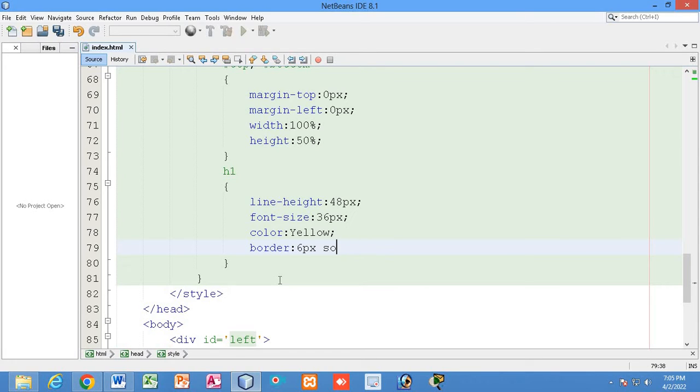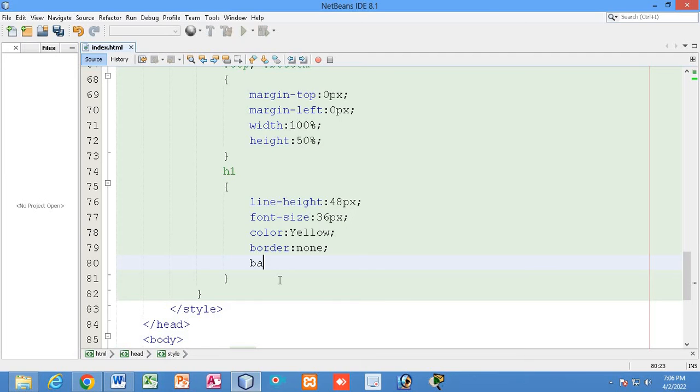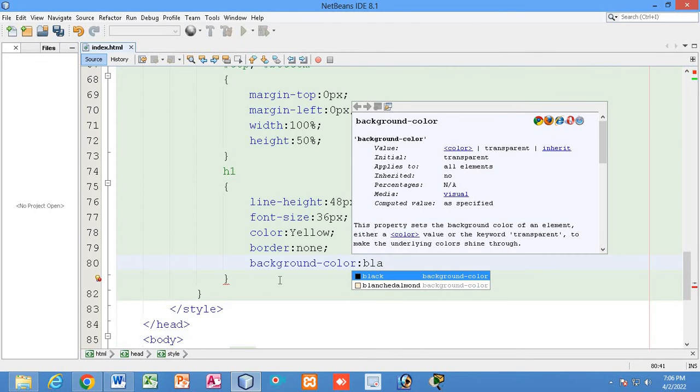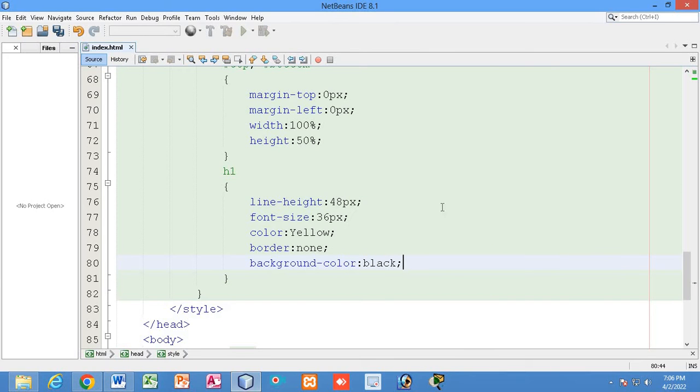Border will be none, no border. I will remove the border, none border, right? And background color will be black. So you can see,